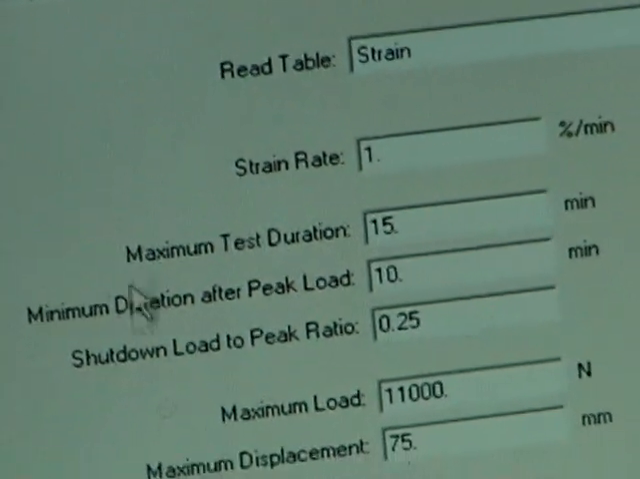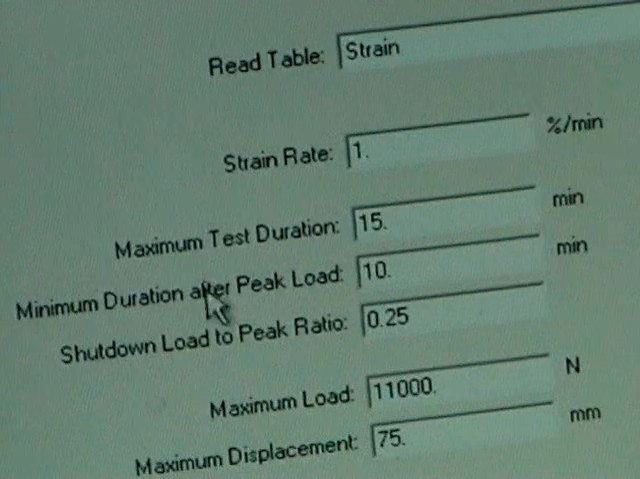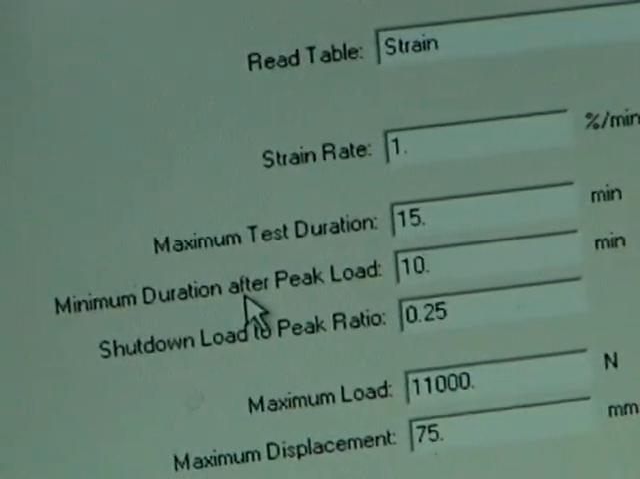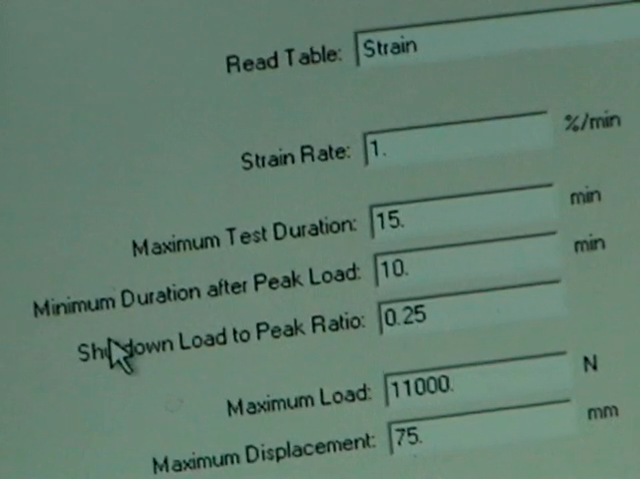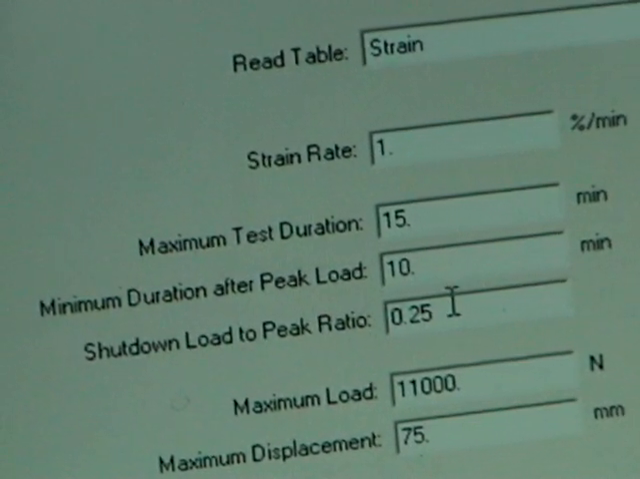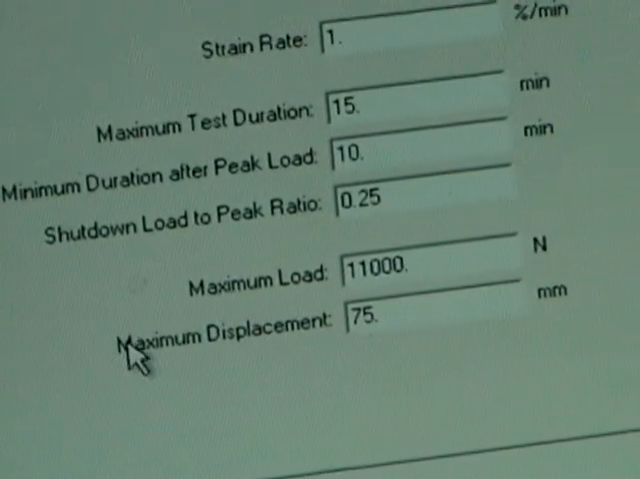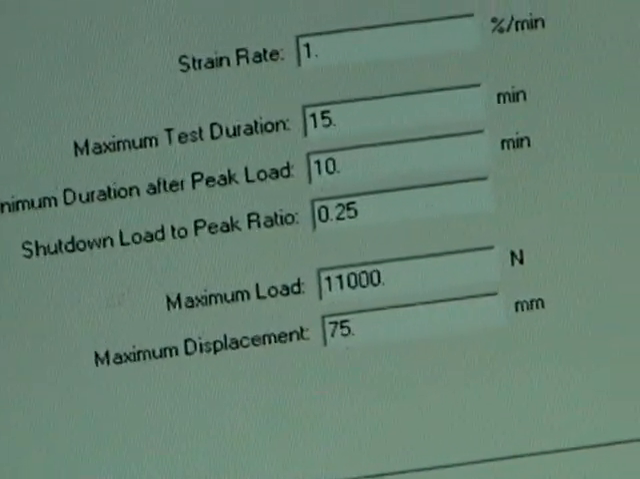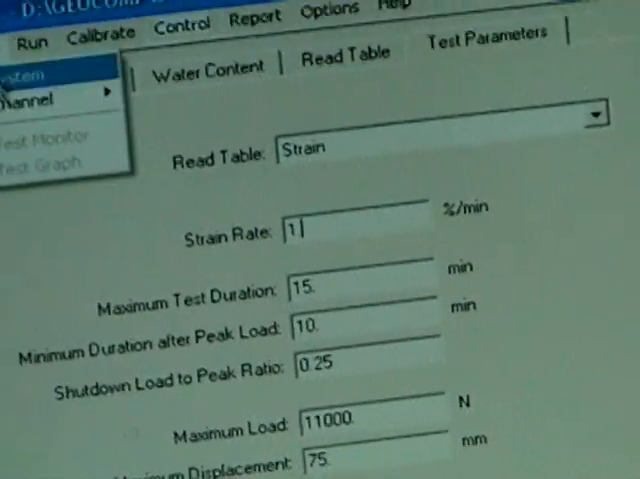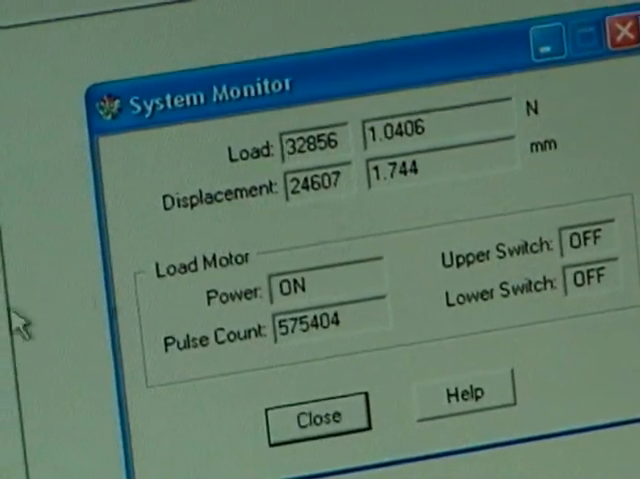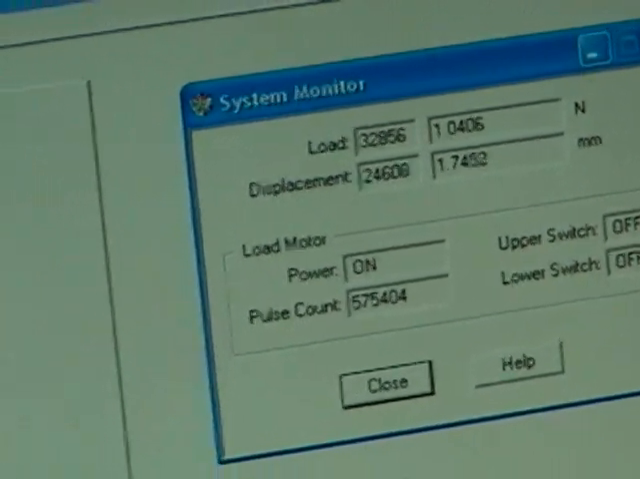Those are the criteria that will stop the test. Either the maximum duration is reached, or the maximum duration after peak load, or the ratio between load to the peak, or the maximum load which you have on your load cell, or the maximum displacement. Now we're going to go to View, System. We're going to look at our load, our displacement, the power. Again, we're going to do the check, make sure that everything is